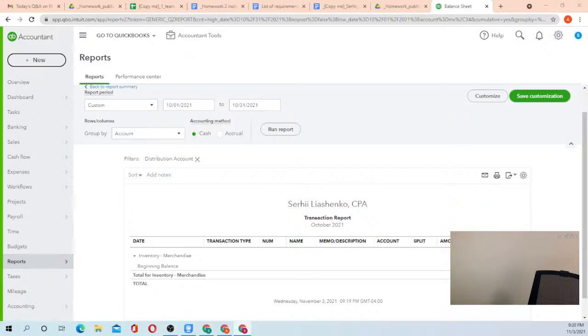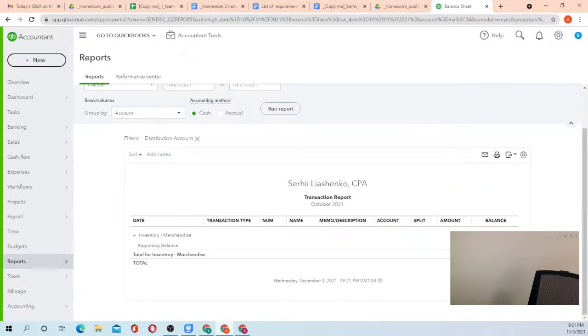There was a bit of a lag in the translation, so I will repeat my problem here. If we run the inventory report on an accrual basis, and if we run it on the cash basis, we get different amounts. And if you have already done lecture 2, module 2, that's this Saturday, you probably know what the reason is. And the reason is that we only paid for 30,000 in inventory.